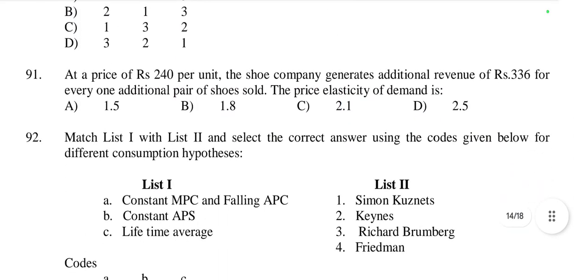Then question number 91: at a price of 240 per unit, the shoe company generates additional revenue of 336 rupees for every one additional pair of shoes sold. So the price elasticity of demand is. So here if we calculate first,